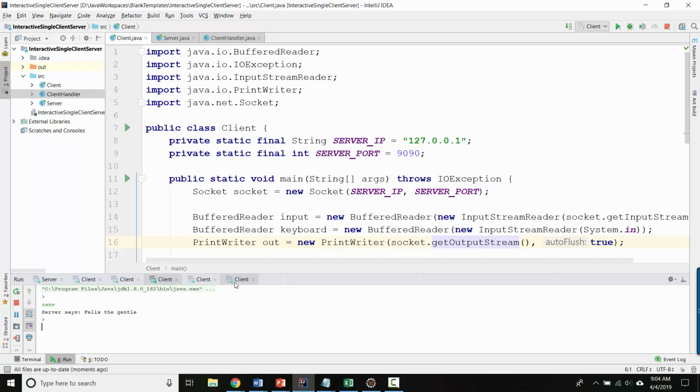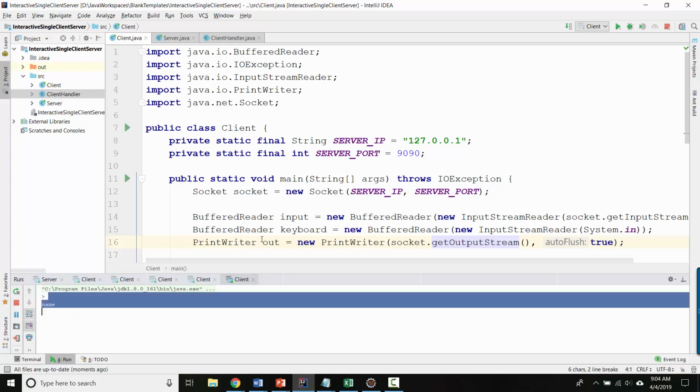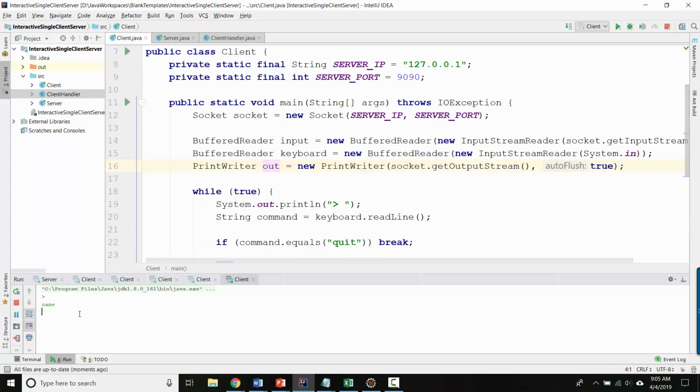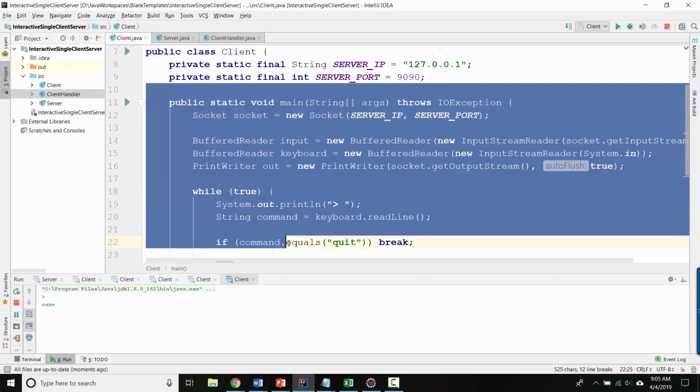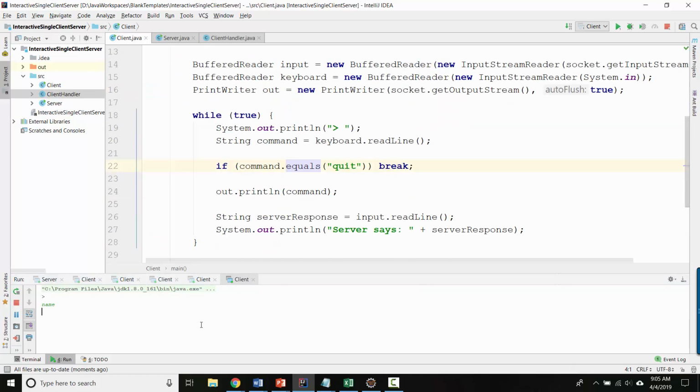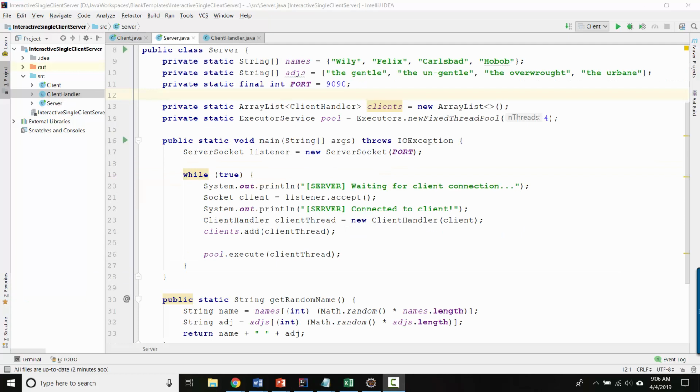So it appears that the client believes that it's connected, but on the server side, it's still waiting for a thread to open up from the thread pool. That would be an interesting bug to try and fix, because obviously we would want to let this client know that they're waiting in vain. Anyway, we can come back to that later. So as the last part of this,